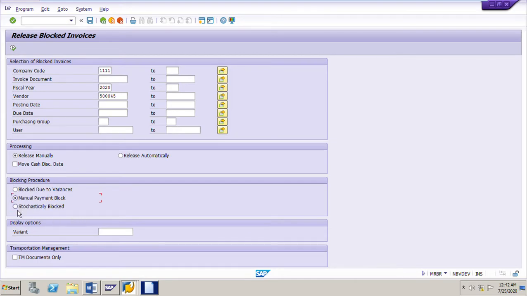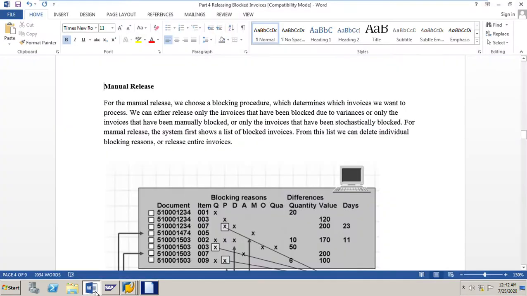These three options are available if you want to release the invoices manually. We can either release only the invoices that have been blocked due to variances, or only the invoices that have been manually blocked, or only the invoices that have been stochastically blocked. I just now showed you.